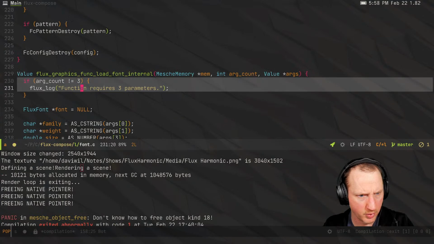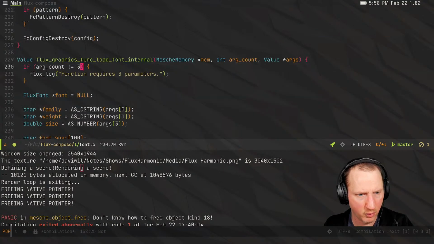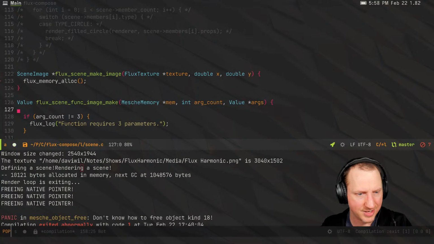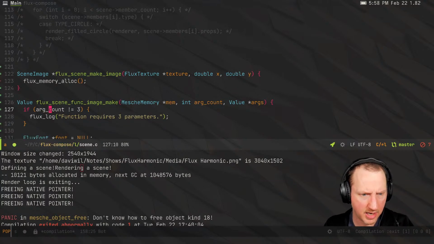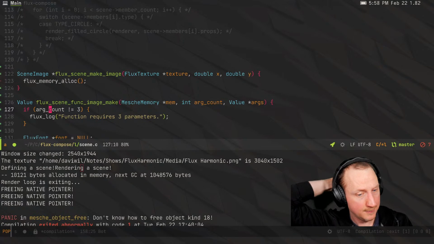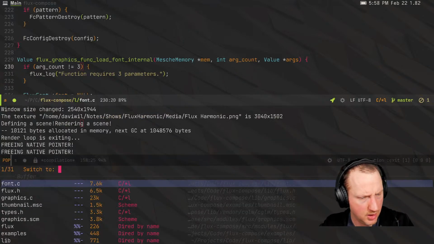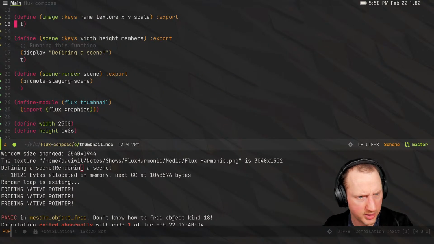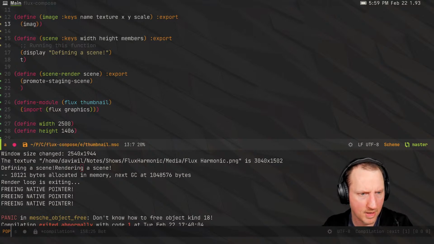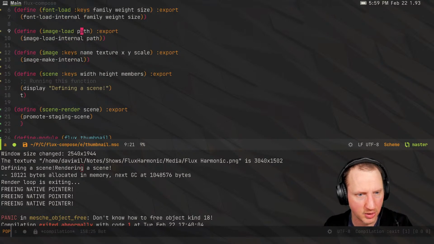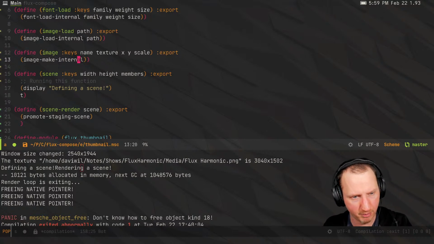Font internal. All right, here we go. So this is basically what we've been doing before. That's the pattern we've been using for digesting what's in these. And func image make. That one is going to be called internally to the image function here. Image make internal, I guess you could call it. I don't really know exactly what we call that. So there's image load internal, image make internal. Kind of cheesy to have both, but